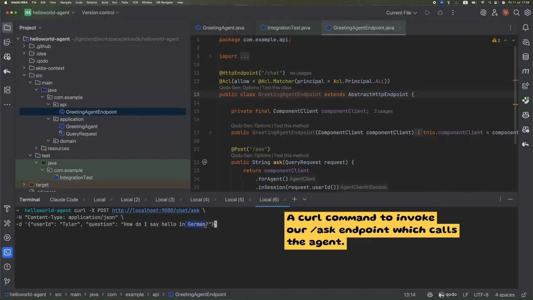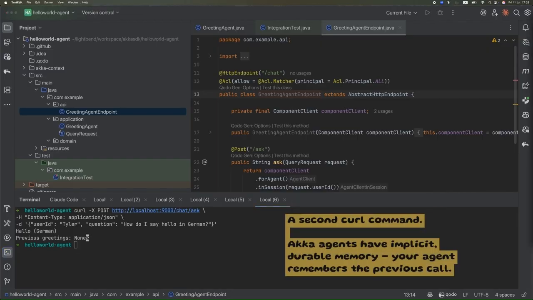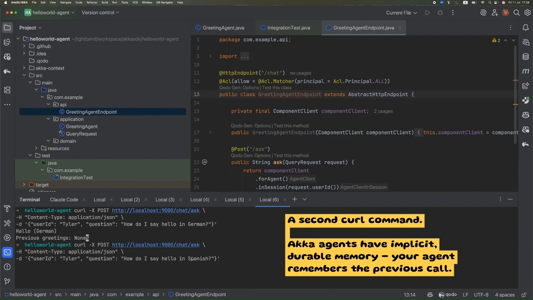that HTTP endpoint. And this is asking, hey, how do I say hello in German? And you send that response, and we've got a response back. Hey, it said hello in German, and I haven't had any greetings. We're going to do a second command here asking about Spanish, and this implies that agents with Akka have implicit